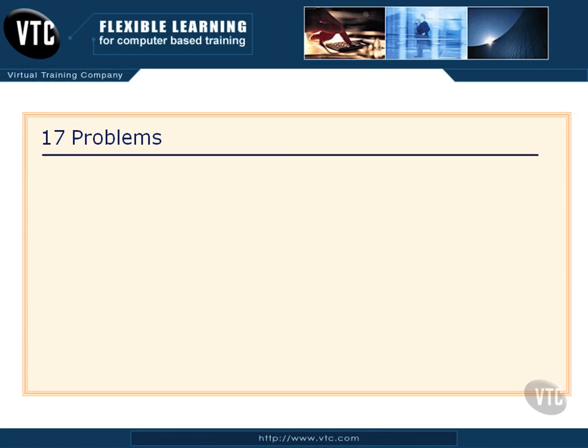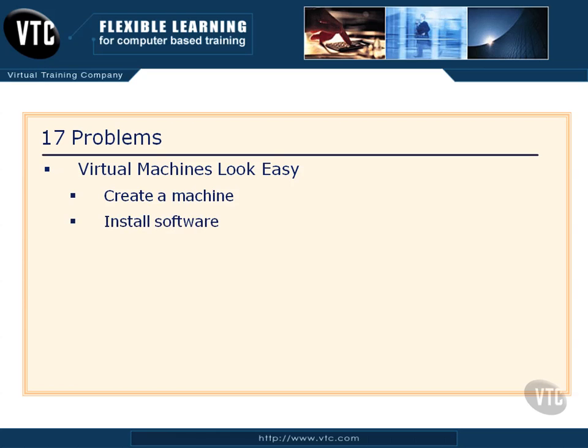When virtual computing first got its start, I've already mentioned in different places in the course that VMware was the pioneer who created that. And when we look at it now, we grab an application like VMware or VirtualBox or Parallels, and virtual machines just look easy to us, right? You create a machine after you've installed the virtual software. You just create a machine, you install a little software. What's the problem? Everything works. Just a cool idea. Just take a machine, put it in a window, boom, there you have it, right?